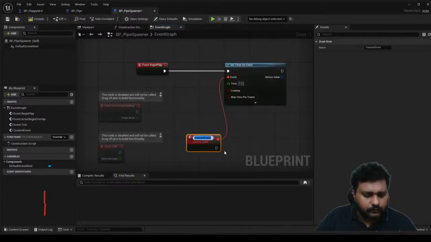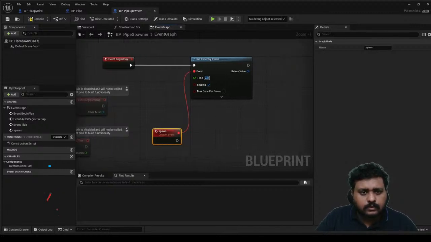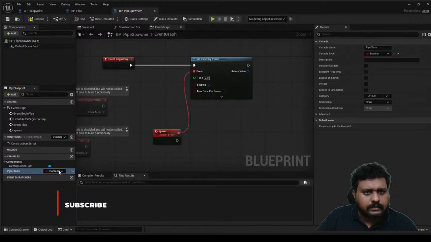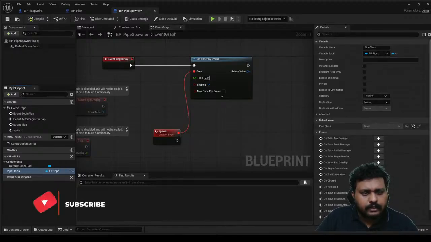Let's add a custom event, spawn maybe, I don't know what to do. Let's make it loop every 2 seconds. So every 2 seconds a new one should be called. And we have to have some stuff over here. So we have to create a pipe class, and let's call it bp underscore pipe. Should be an object reference, and so that's what we have. And then let's